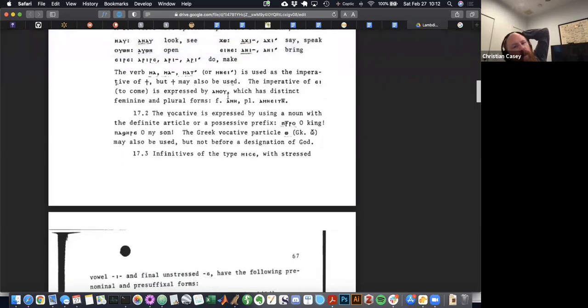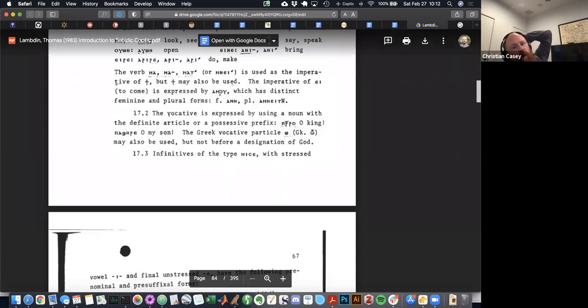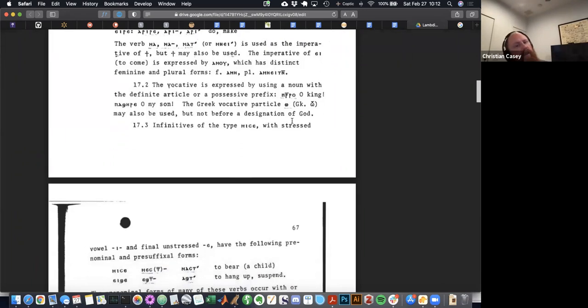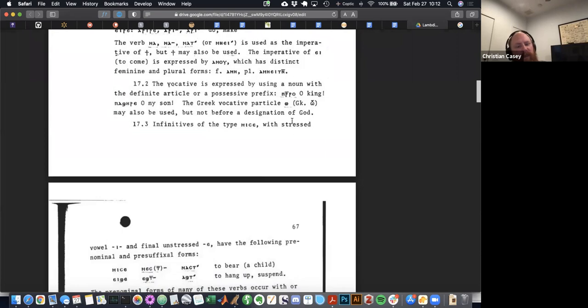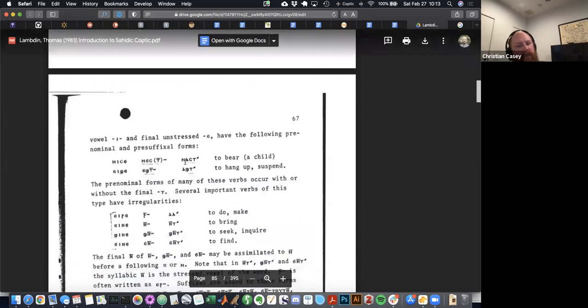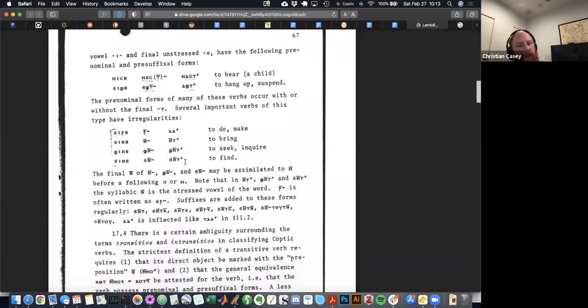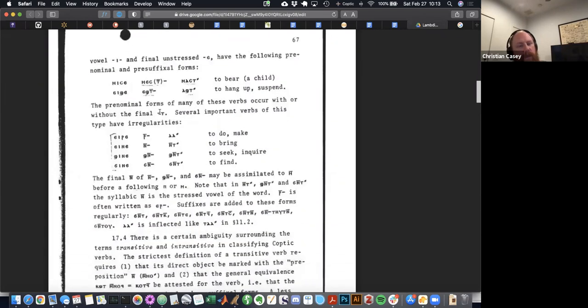Easy for reading. And then the other weird case is the verb for to come, ei. The imperative is amu to a singular masculine, ame to a woman, and ameiten, or even more excitingly, amoini to plural, which actually means let us go or let us come. But that's the imperative plural, amoini, in Bohairic. And then you see it sometimes in other dialects too.